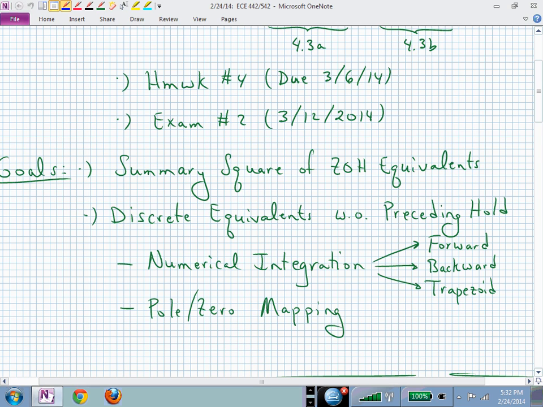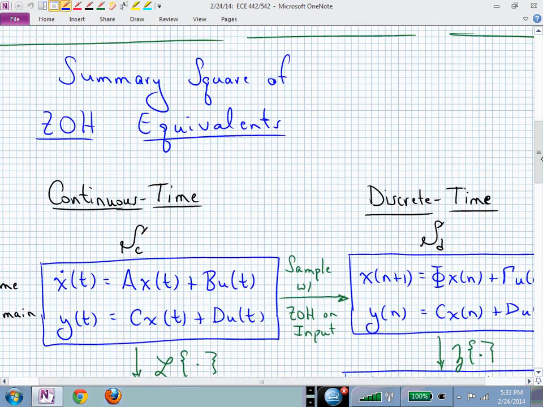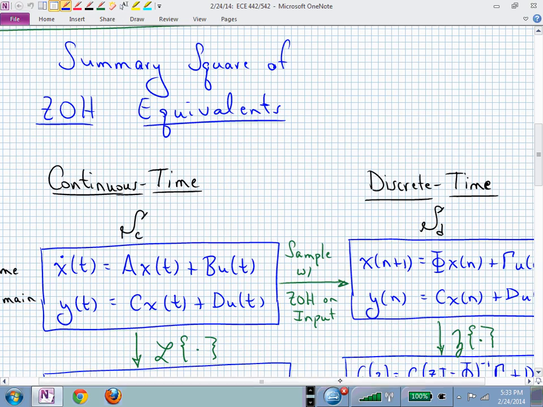Today we will not be doing that. Today's discrete equivalents will be via numerical integration. I'm hoping we can get through all of that, and then maybe the next time we will talk about another discrete equivalent approach, which is by means of pole zero mapping. That's the plan for moving forward. This is too wide, but